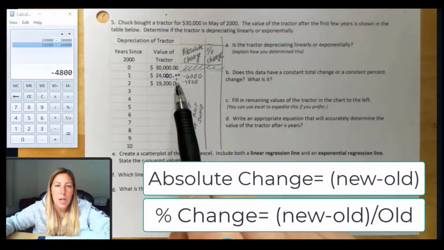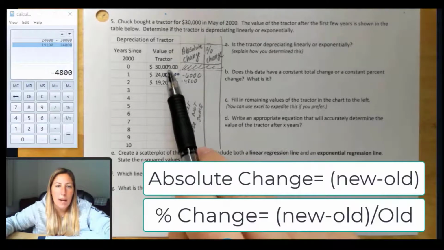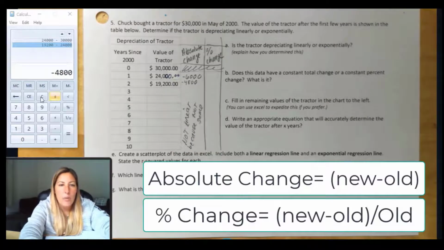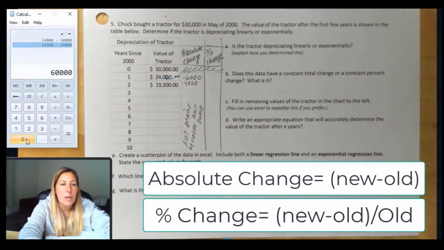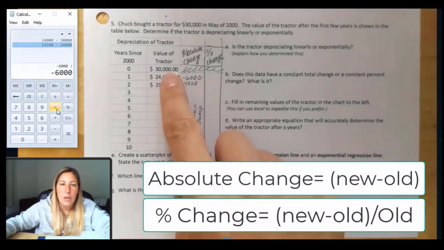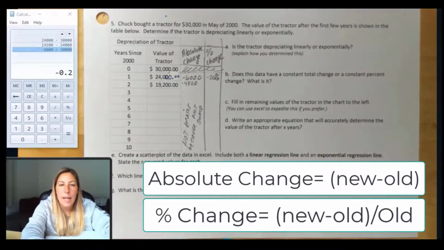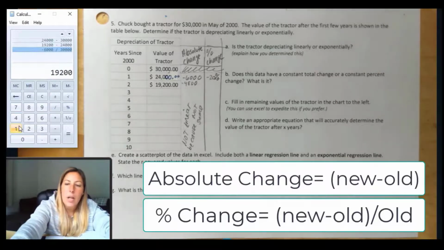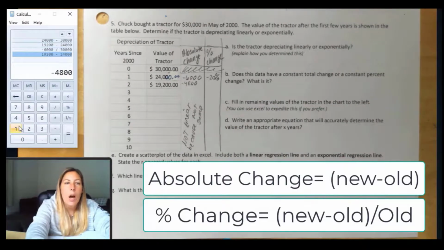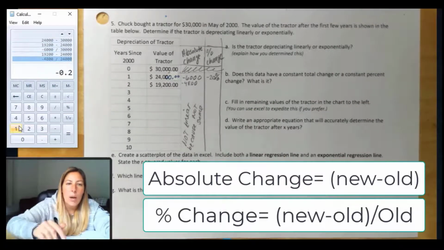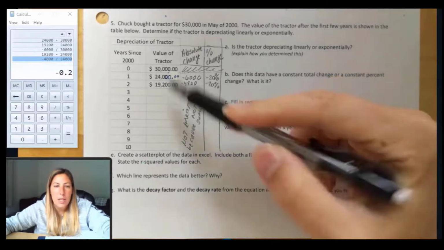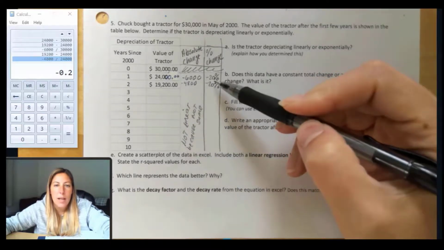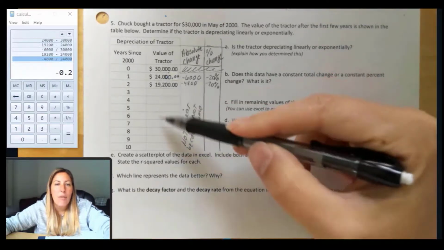How do I calculate the percent change? I do the new minus the old, and I divide it by the old. So let's go ahead and take 24,000 minus 30,000, which we already have here is negative 6,000. So we're going to start with 6,000, make it negative, and we're going to divide that change by what? By 30,000, the old value, and we're going to get negative 20%. Let's go ahead and calculate the next one. For the next one, we're going to take that 19,200, subtract the 24,000, which should give us what? That result already of negative 4,800. All right. Then we're going to take that value divided by the old value, which is 24,000. And we get negative 0.2, which is negative 20%. Awesome. So we can see that the percent change seems to have a pattern: the percent change is going to be what? The same all the way down,